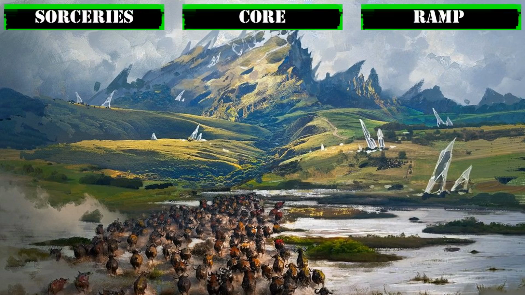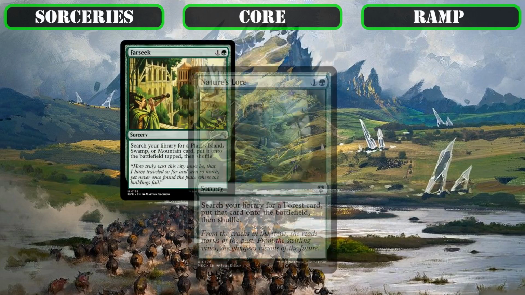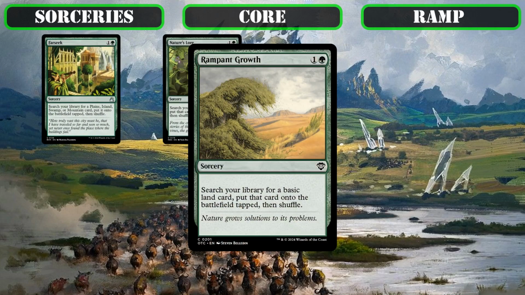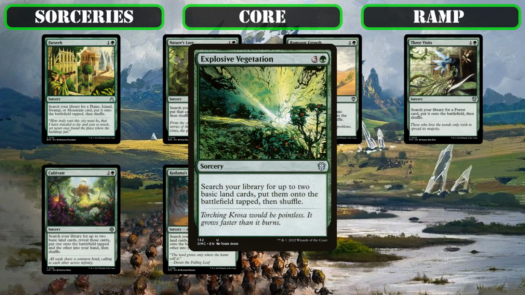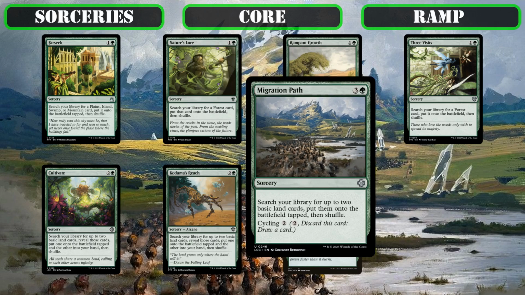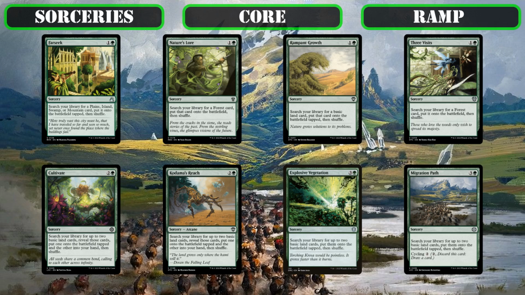Much like our previous category, our sorceries are going to see us pad our core stats even more, being comprised of the land ramp spells Farseek, Nature's Lore, Rampant Growth, 3 Visits, Cultivate, Kodama's Reach, Explosive Vegetation, and Migration Path, all of which are superb sources of ramp that help us speed up and or fix our mana base, so that we can get to our high CMC commander and creatures as quickly and as reliably as possible, and a